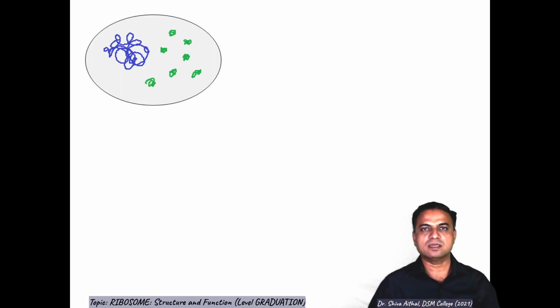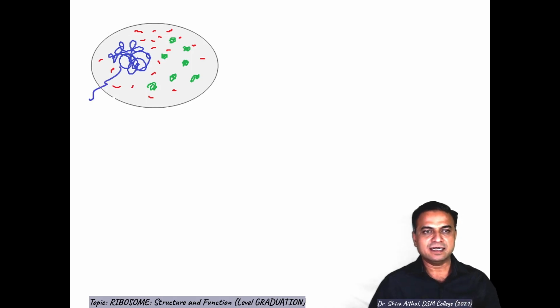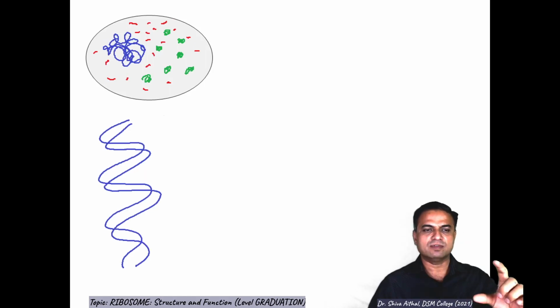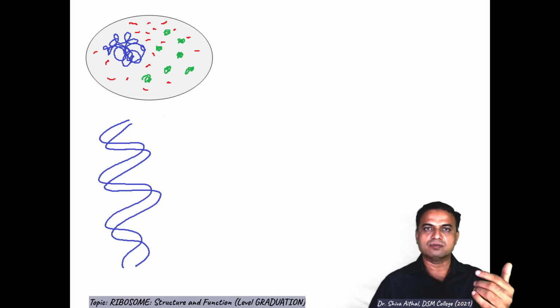If you see a cell, these green molecules are ribosomes, and these red molecules, let's assume they are ribonucleotides. The DNA is copied down into, if you just take a segment of the DNA, a gene. Gene is defined as a functional unit of a DNA, and the function is protein synthesis. When you define the gene as a functional unit of a DNA, the function, remember, is protein synthesis, and gene expression is almost synonymously used with the term protein synthesis.